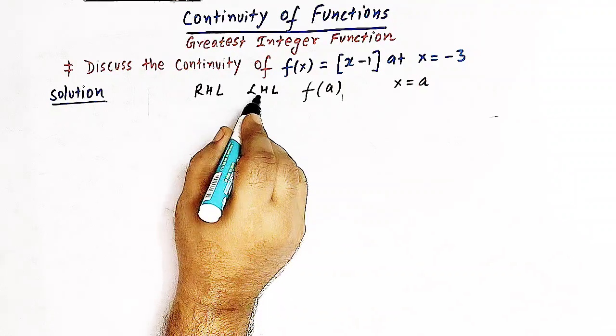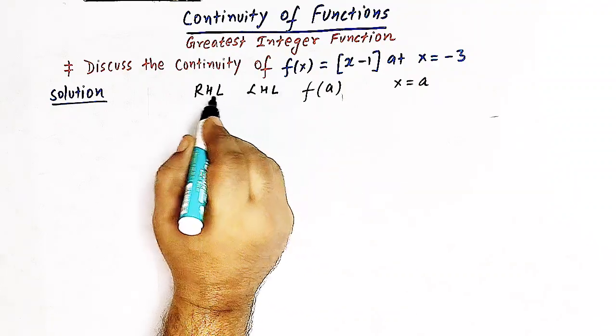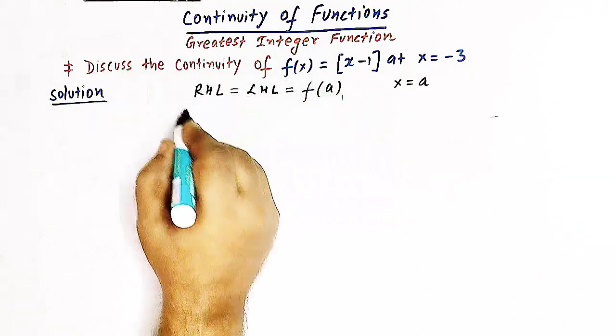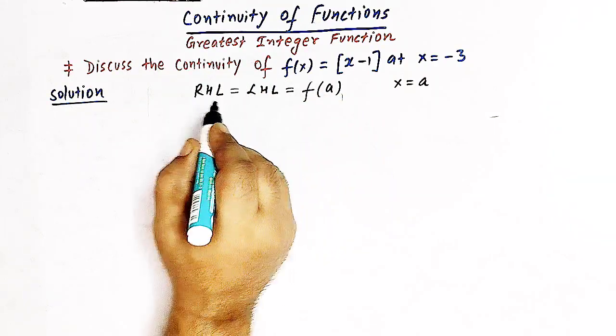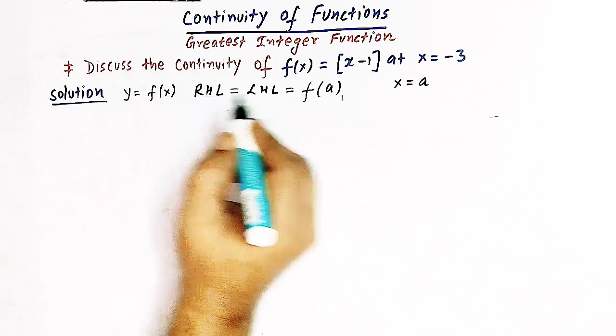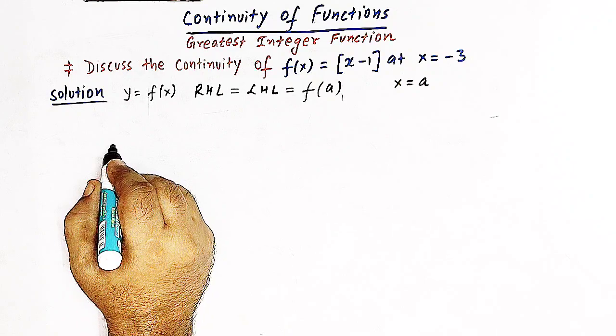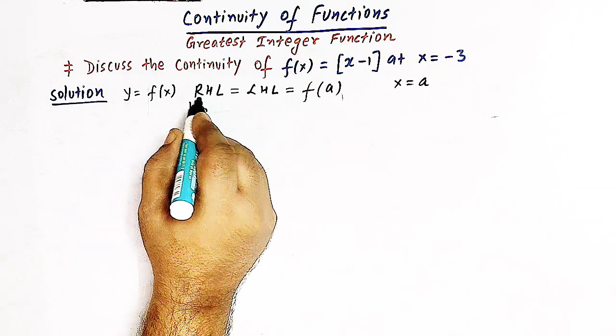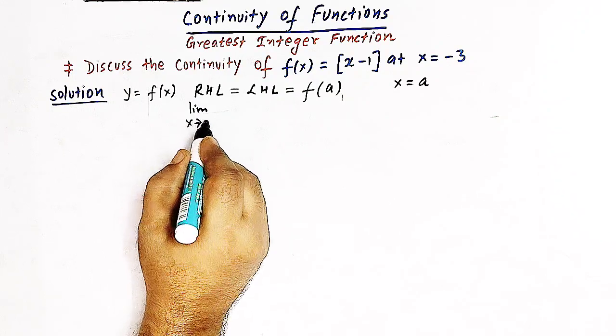If these three quantities exist, are finite and equal to each other, then we can claim that the given function y equal to f of x is continuous at x equal to a. The notation for the right hand limit is limit x tends to a